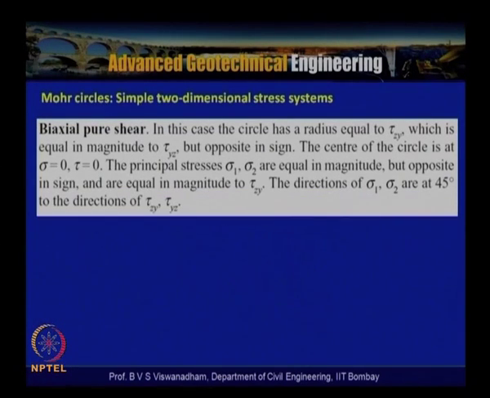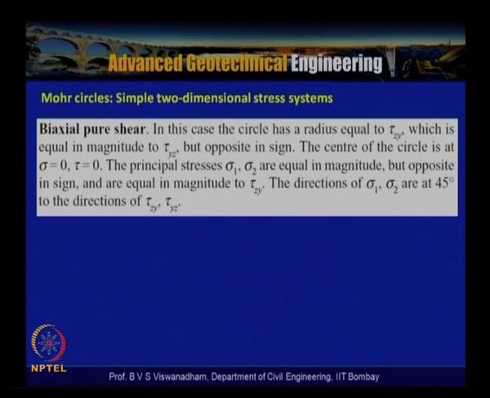And now a case of biaxial pure shear. In this case the circle has a radius equal to tau xy, which is equal in magnitude to tau yz but opposite in sign. The center of the circle is at tau 0 and sigma 0. The principal stresses sigma 1 and sigma 2 are equal in magnitude but opposite in sign, and they are equal in magnitude to tau zy. So, the directions of sigma 1 and sigma 2 are at 45 degrees to the directions of tau zy and